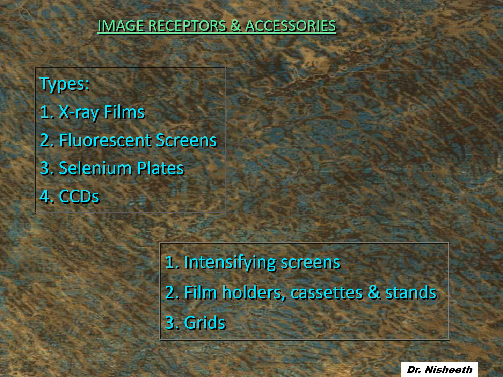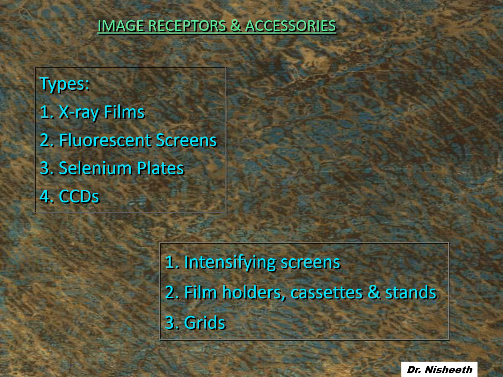Then we have intensifying screens, or indirect exposure films, which get exposed to light. They are used in extraoral radiography. An intensifying screen converts one X-ray photon into multiple light photons, and intensifying screens are made up of a base, a reflective layer, and a phosphor material. The commonly used phosphor materials are calcium tungstate and the rare earth elements.